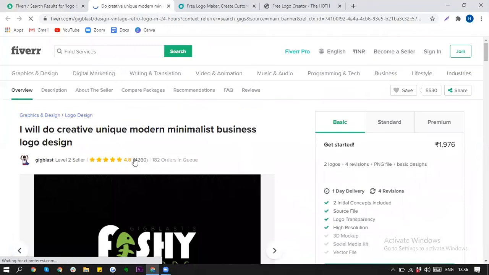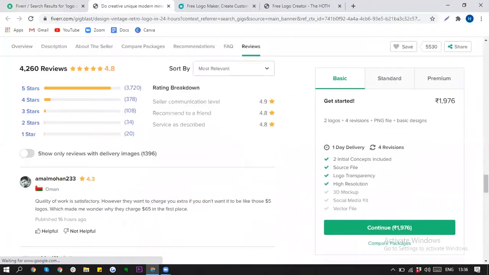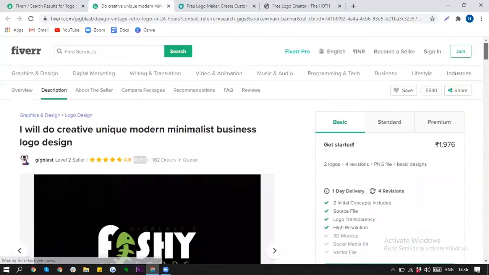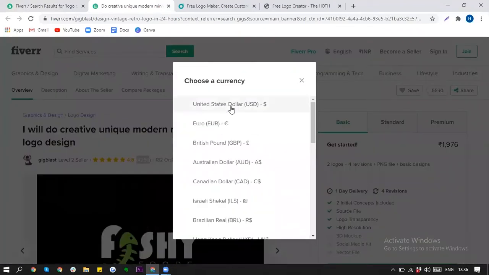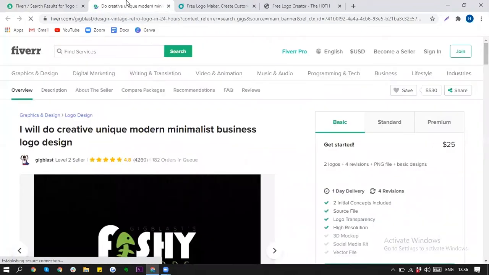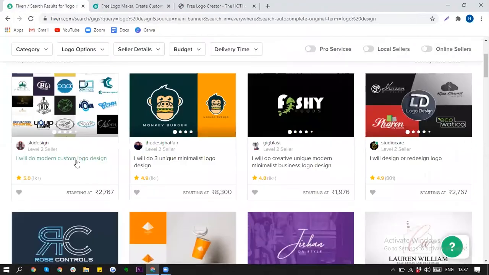this person has done 4,000 orders, and this person charges somewhere around 1900 rupees. So you can see it's a massive market, guys. This person has alone made over 20,000 USD. So if you open